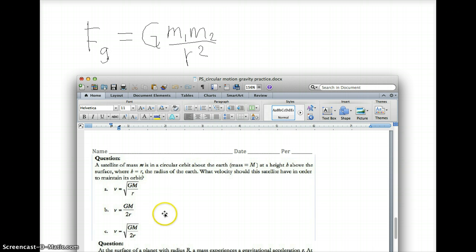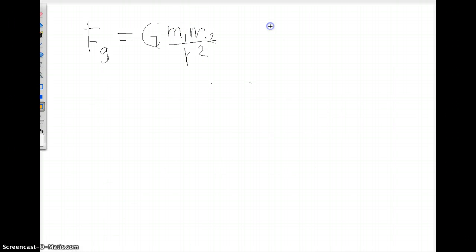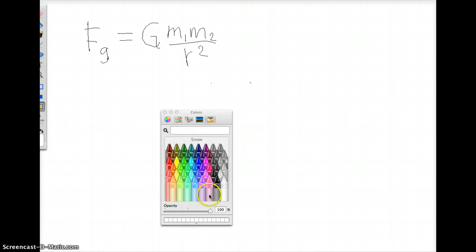So this is a problem where you have something orbiting Earth, going in a circle around Earth, maintaining that circular orbit, and the only force acting on the satellite is the force of gravity. So centripetal force is equal to the force of gravity. Remember, we use this expression for gravity anytime we're outside of Earth. And centripetal force can be given as